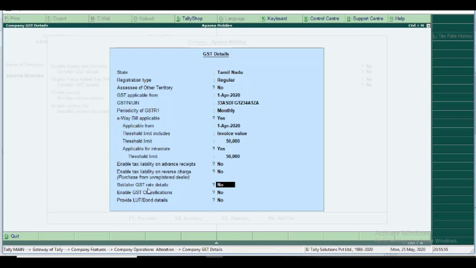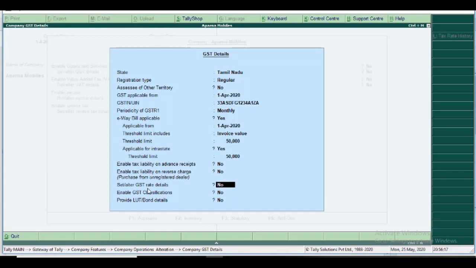The consultancy services is our indirect income. That also has an 18% GST rate, but that differs from the HSN. So at the time of ledger creation for consultancy services, we give a certain SAC code here.